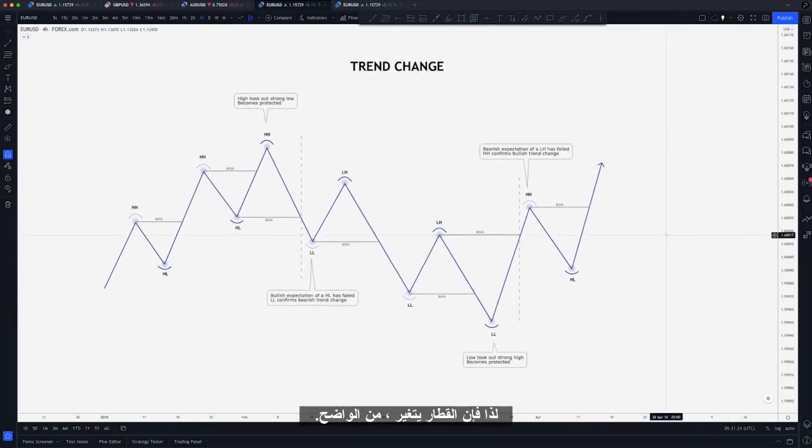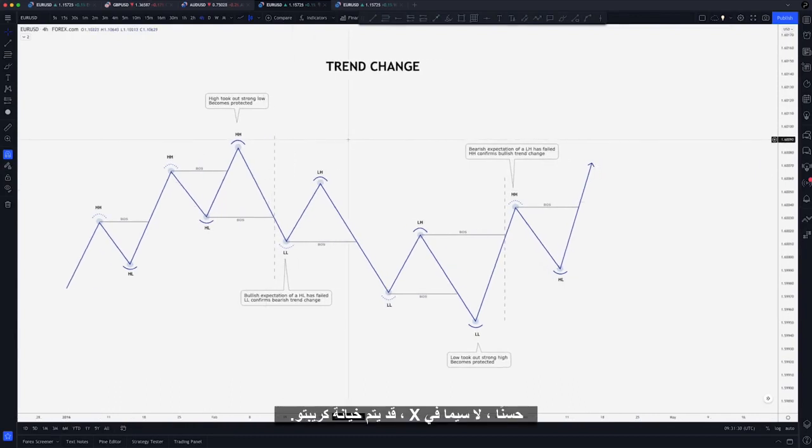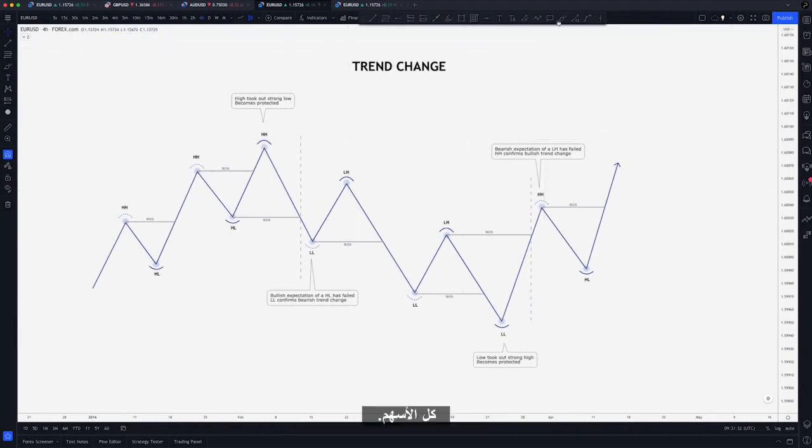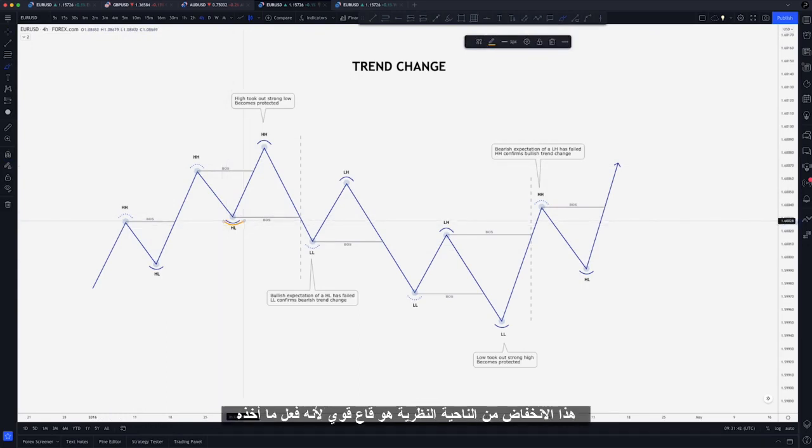So, trend changes. Obviously, a bullish market doesn't last forever. A bearish market doesn't last forever. Well, especially in Forex; maybe if you trade crypto or stocks, it's just bullish forever. But anyway, we have a bullish market. Price is making higher highs and higher lows. Now, at this point here, this low in theory is a strong low because it did what? It took out that high and it made a higher high. So it did its job. But at some point, price is going to break that low and go on to